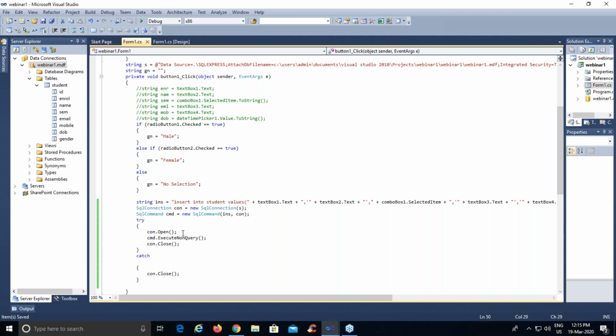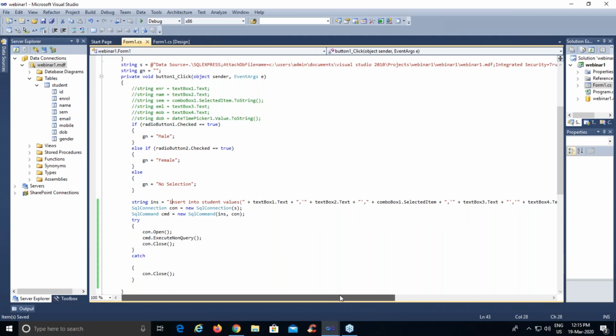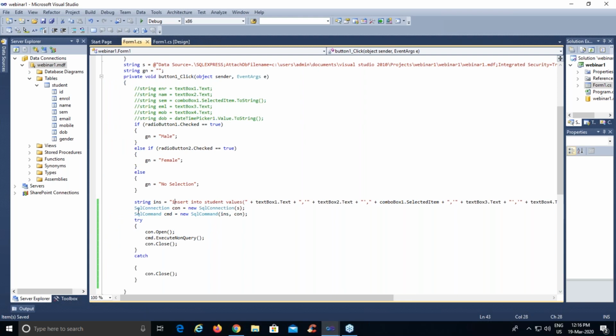Now say for example, in this query, there is some mistake done by you. Let us say you have not ended this quotes properly, or you have not written any particular part of a query in a proper way. What happens? It will go here once the connection has been established. Now this particular part contains some error. So what happens? Your connection to the database will be live continuously until the application has been stopped by the user.